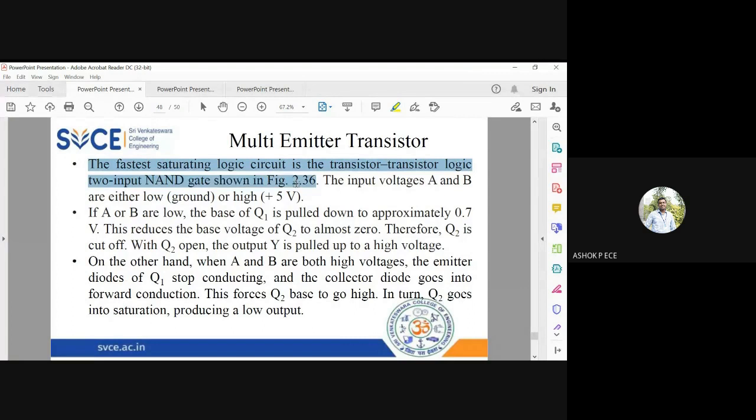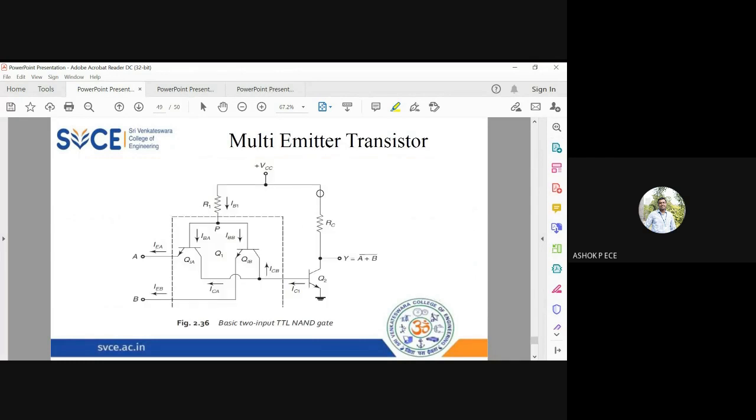So you know what a NAND gate is. A NAND gate is an AND gate followed by an inverter, correct? You know the truth table for an AND gate. We are using two voltage logic levels. High means I am going to consider it as plus 5 volt, which is binary logic 1. Low means it is grounded, or 0 volt. So 0 volt means binary 0, and plus 5 volt means binary 1.